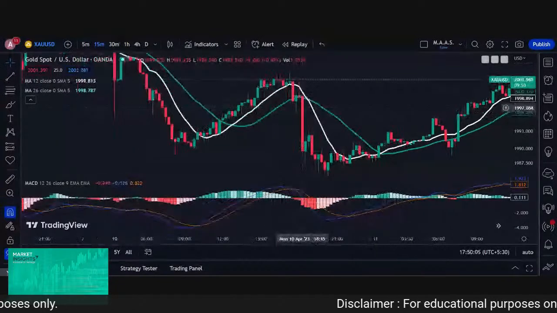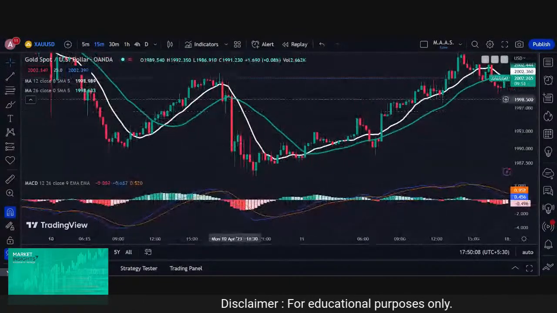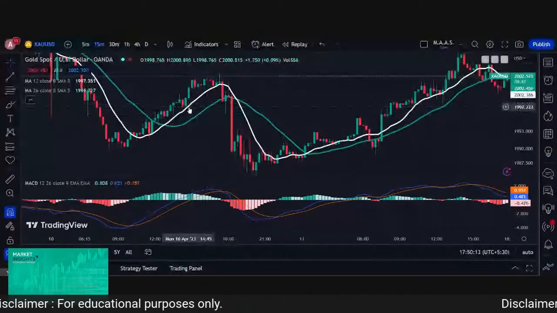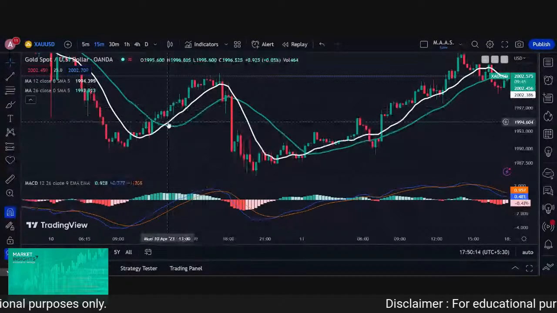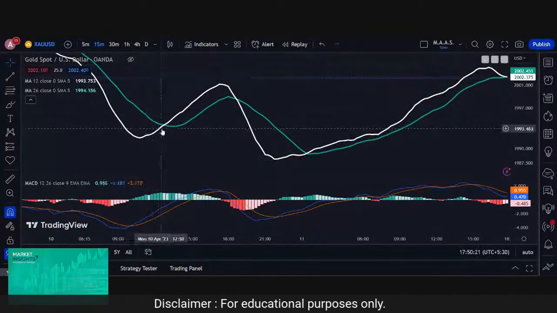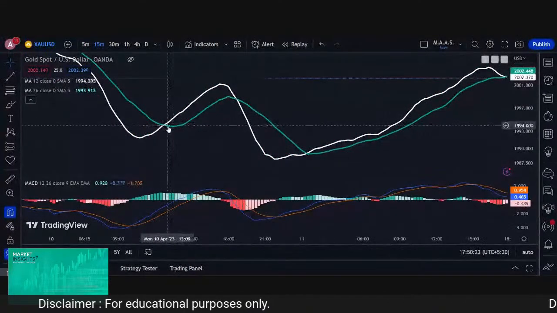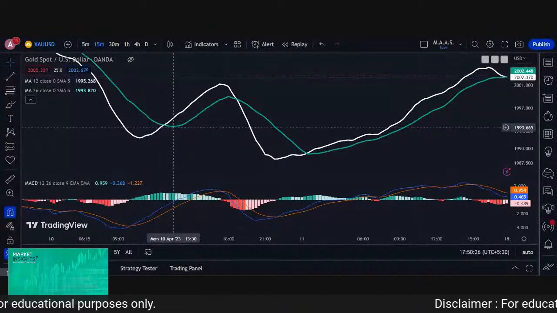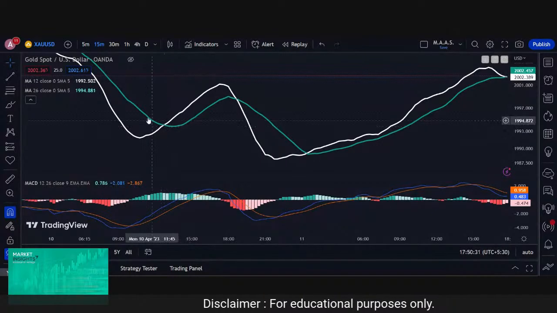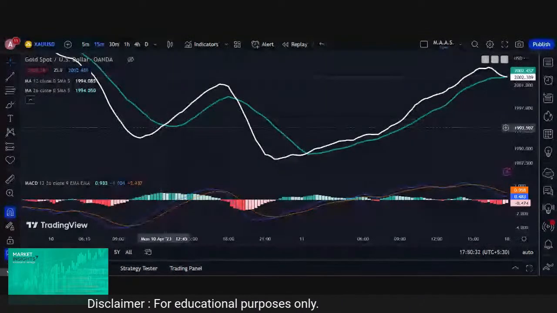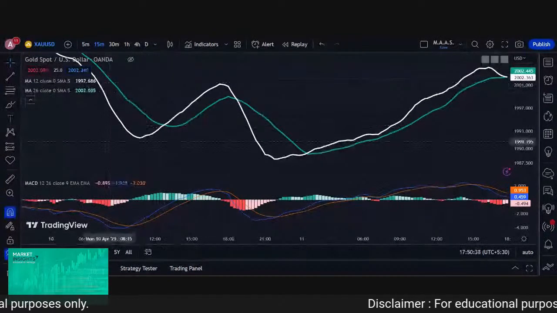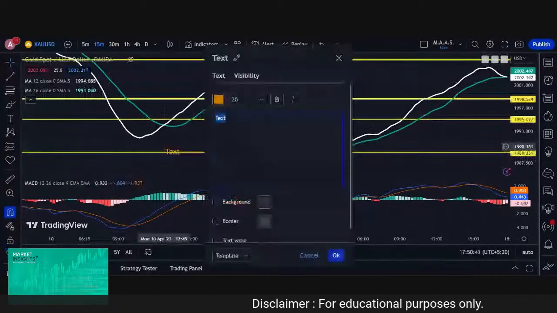Now this is the scenario. What happens if I tell you about these two differences? You can see that the white line is touching this green line at this point, right? I will remove this again. It is basically intersecting this particular green line, right? Now, what does this mean? If it is intersecting, that means that the convergence is there. If you Google convergence, you might get a precise description. But in this case, convergence basically means